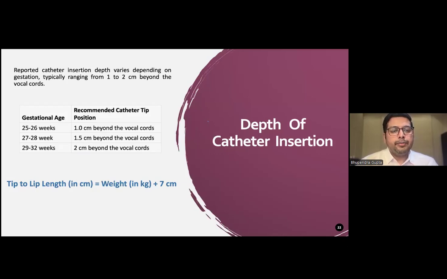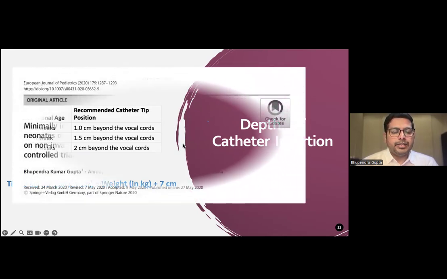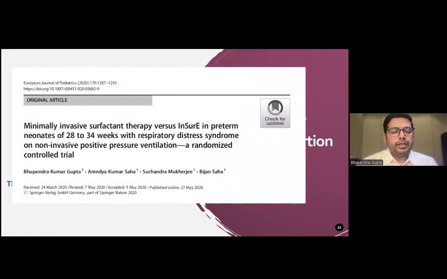So the next very important question: what will be the length? How much do we have to insert the tube beyond the vocal cord? As per different studies, the tube should be inserted 1 to 2 centimeters beyond the vocal cord. And as per our RCT, which we published in 2020 in the European Journal of Pediatrics, we did